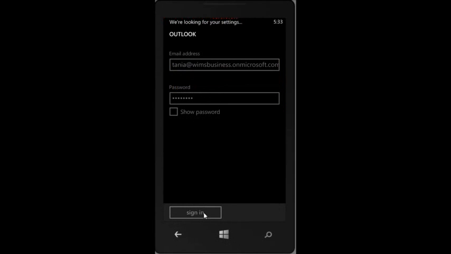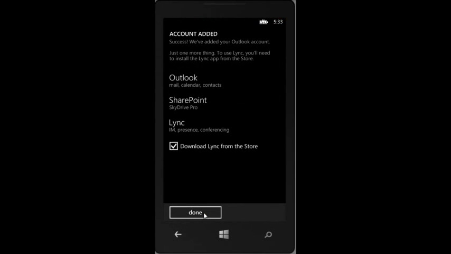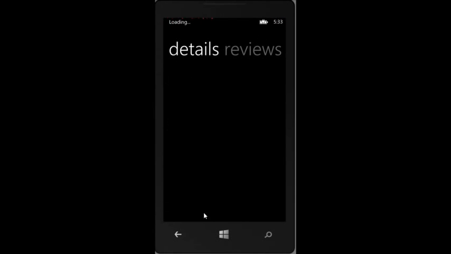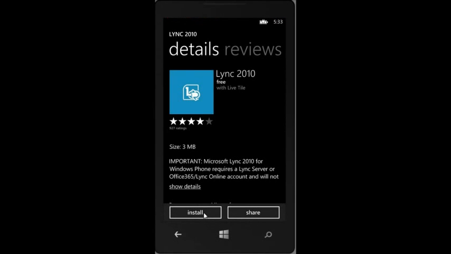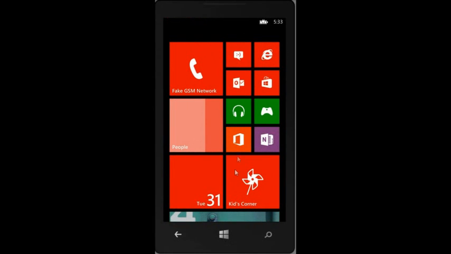Signing in, it will look up in the cloud in Office 365 the actual settings. They found it, and then I can optionally install Lync if I would want to, but let's skip that for a second and then let's go to the email client